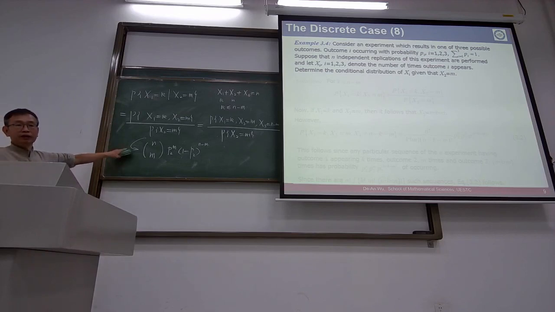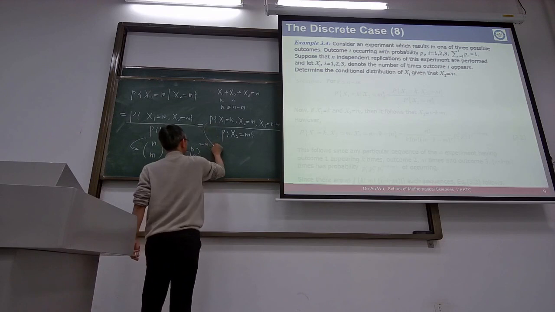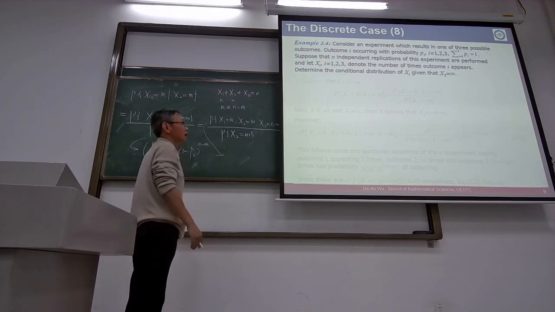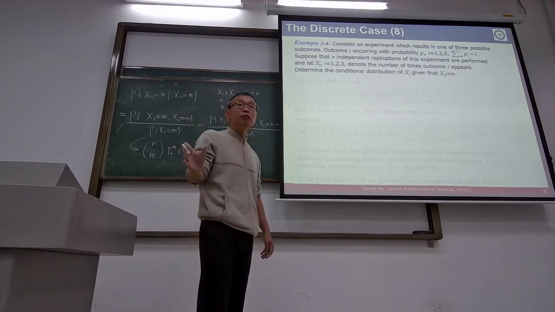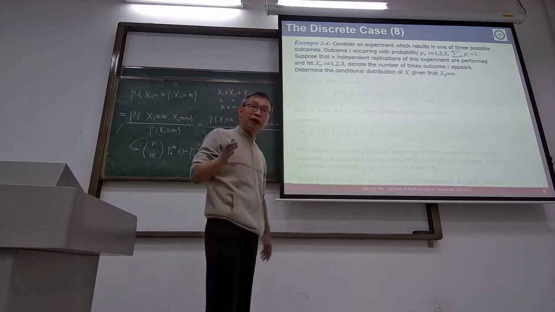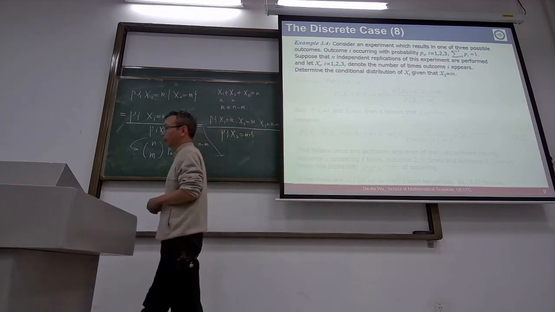Just consider the reason for this relation. And this one gives a multinomial distribution. What is the multinomial distribution? Okay, today let's stop here. Next time we will analyze